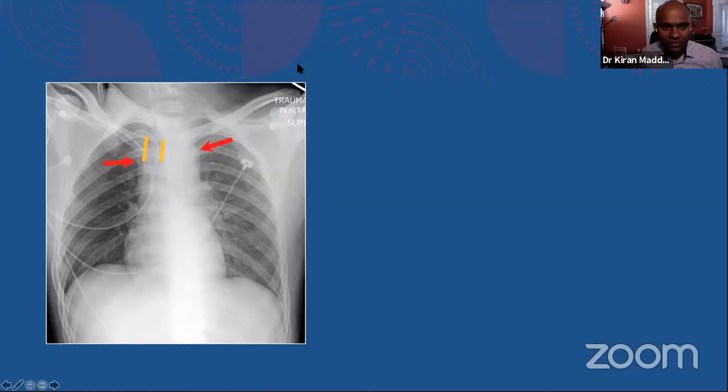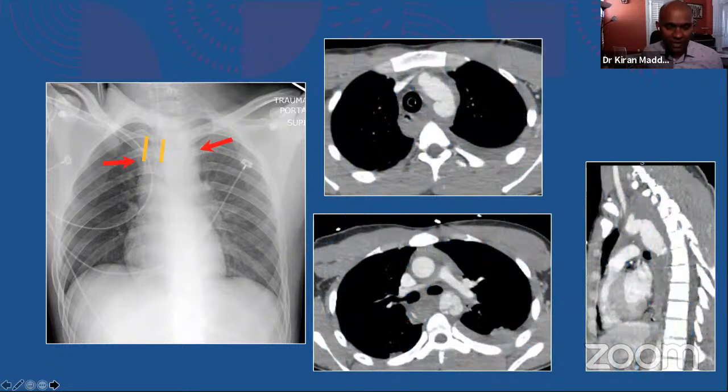The trachea is deviated to the right. It could be due to patient orientation, but definitely this is a significant deviation there. That's one sign you have to see. And this is a case of mediastinal widening. And now coming to the CT image, this is where I will say the